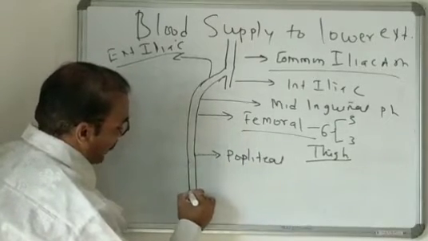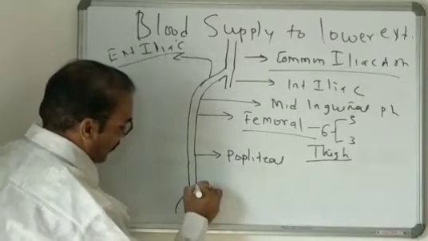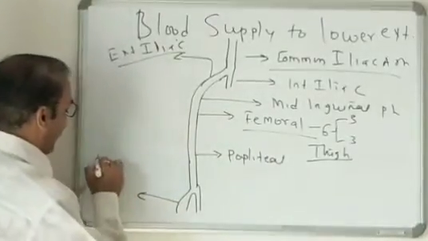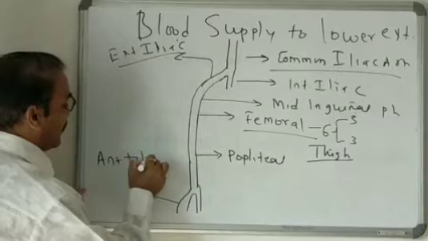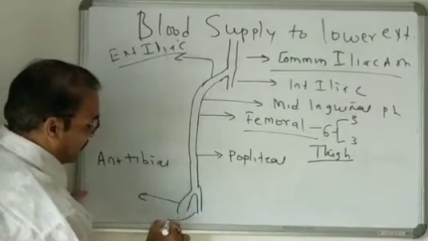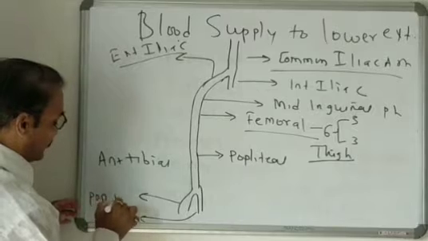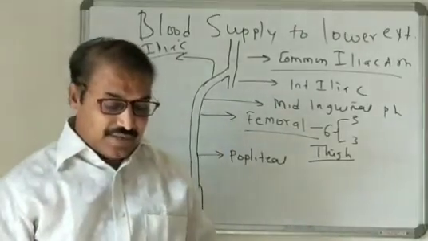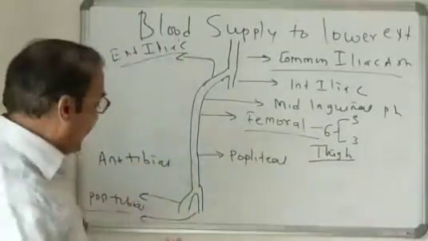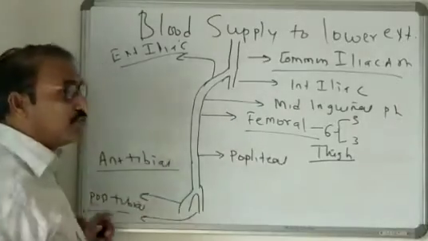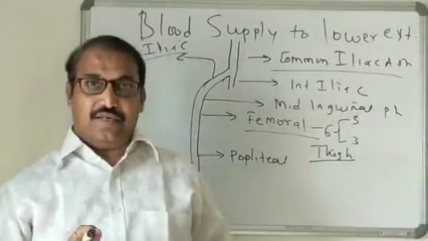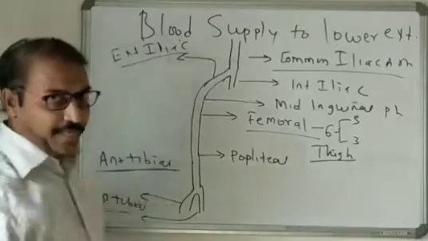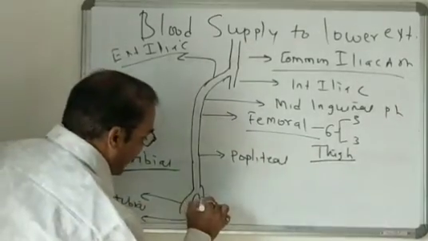The popliteal artery gives 2 important branches. Which are they? See, this is the anterior tibial artery, and this is the posterior tibial artery. The anterior tibial artery supplies the anterior compartment of the leg. It lies along with the anterior tibial nerve. Understand? Then the posterior tibial artery,